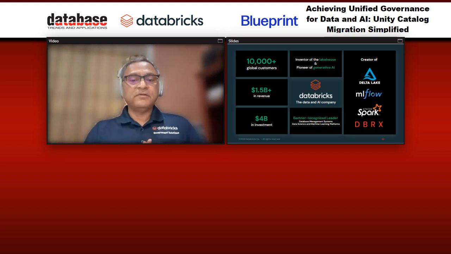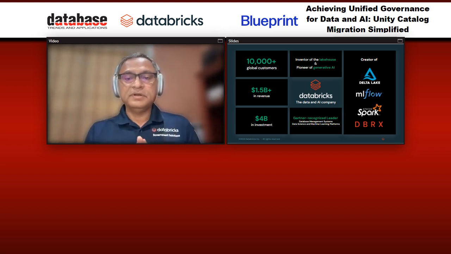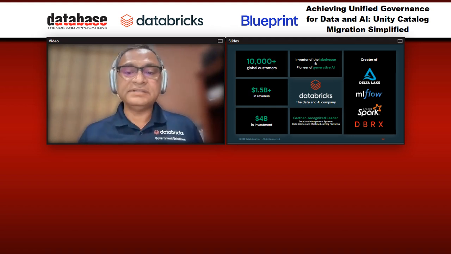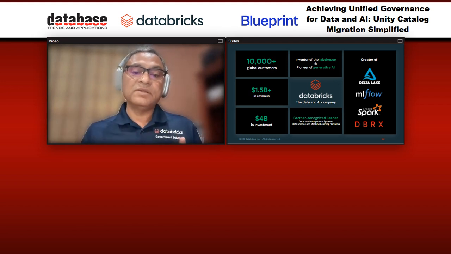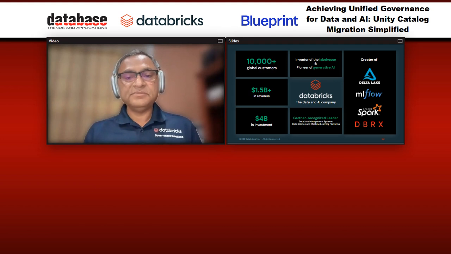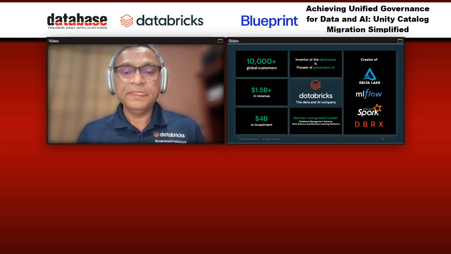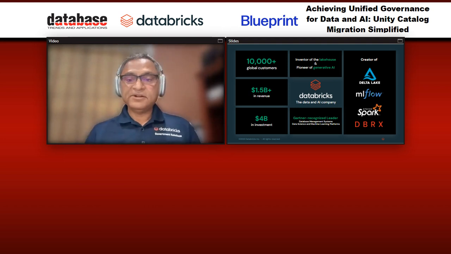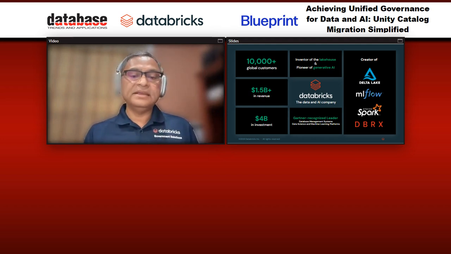We have a fair share of industry recognition. If you look at the bottom center, Gartner has awarded us the leader designation in not one but two categories: database management system, that's your traditional, you can say, data warehouse type of applications. But we are also a leader in the top right quadrant of Gartner in data science and machine learning platform. And as a matter of fact, something that just came out today, Forrester is another analyst firm. They've started tracking generative AI leaders. And as of today, Databricks has been placed in the leader quadrant by Forrester as well in the generative AI segment.